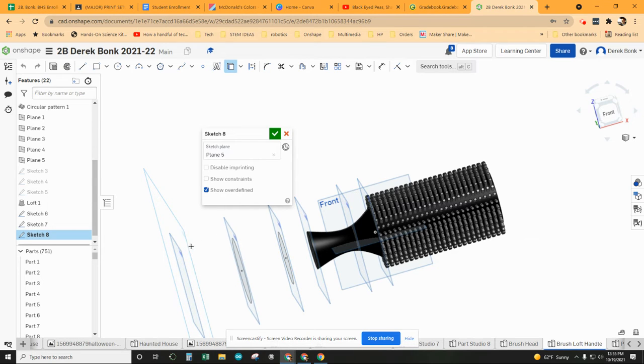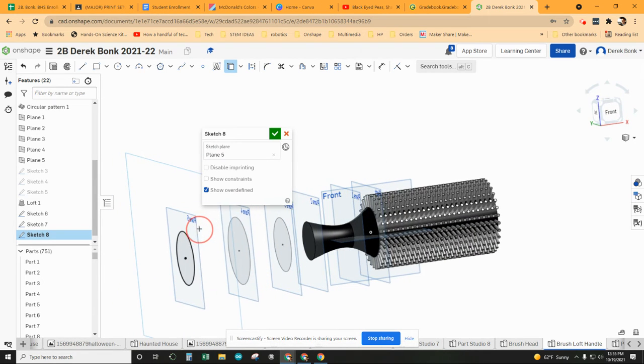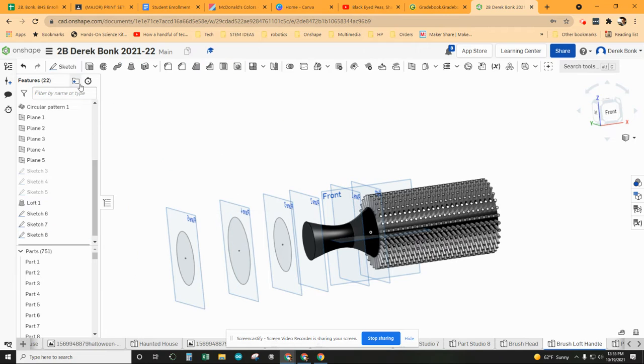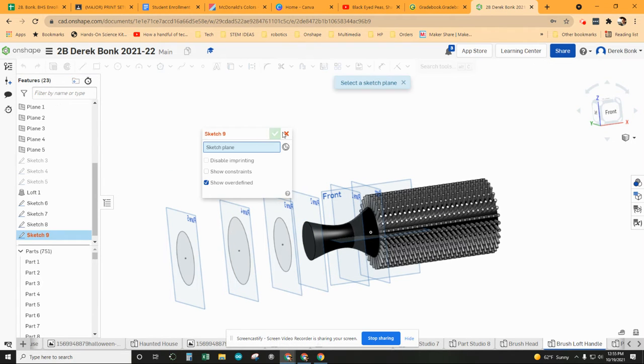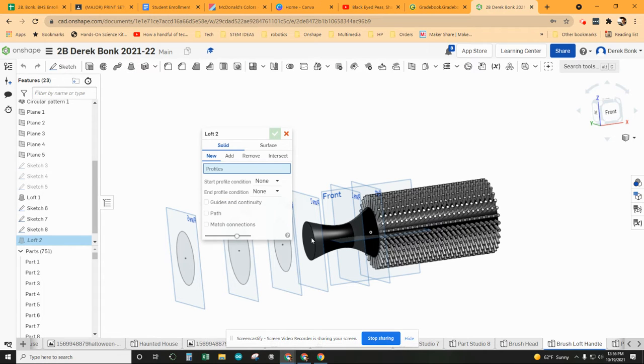And if I want this to go up and down to the same point in space, I can just use that again and it'll round out that handle. It's going to look like a funny handle when I'm done. But so yeah, there's a sketch already there. Oops, sorry, I meant to hit Loft, connect